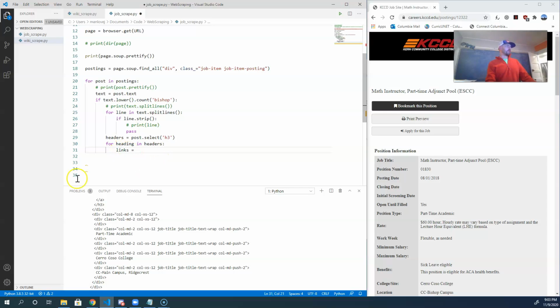All right, so for links, I want to take my header. Oops, not header. Why did I call this heading? It should be header. Okay, so for a header in my headers, right? I'm going to say the links are going to be the results of finding all of the anchors, the links, such that